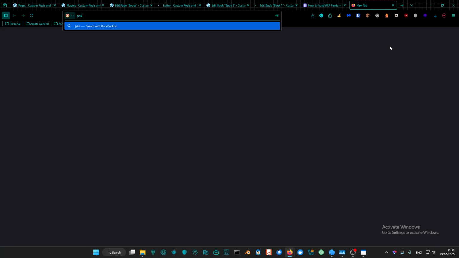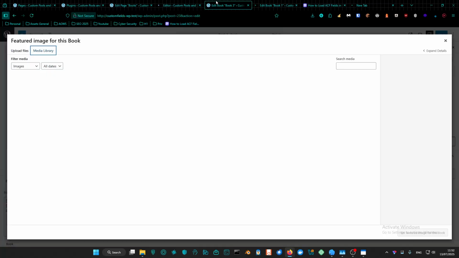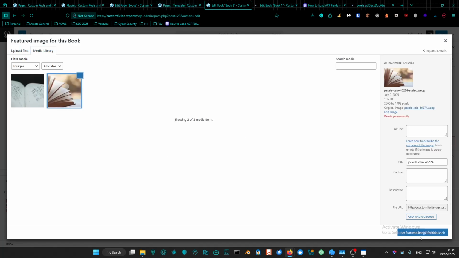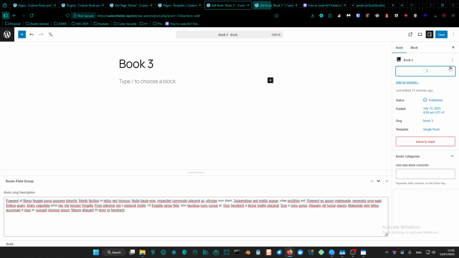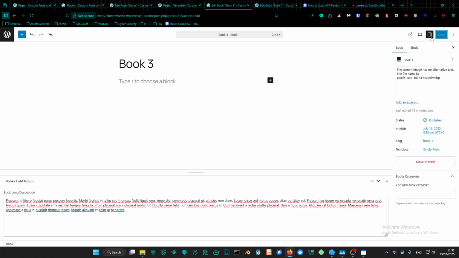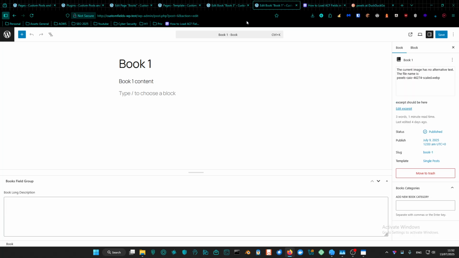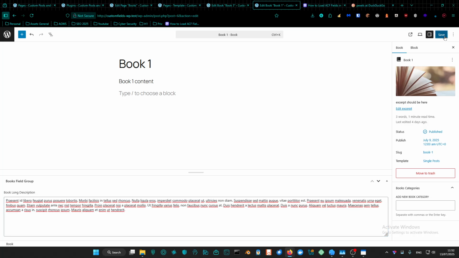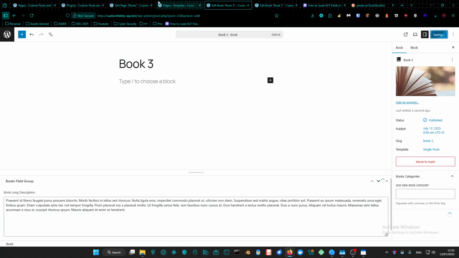Pexels. All right, so let's go to Pexels. I'm not really sure where the images went. Oh, right here they are. So that's book number 3. And for book number 1, let's just add in the same long description. It is pretty simple, you know what I mean? It does not really need a lot of complexity or anything,